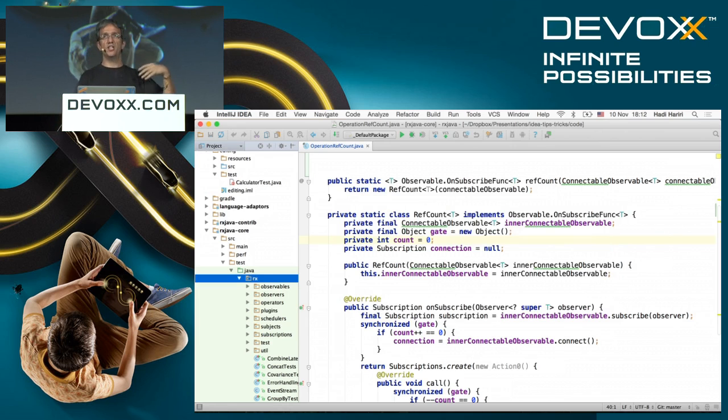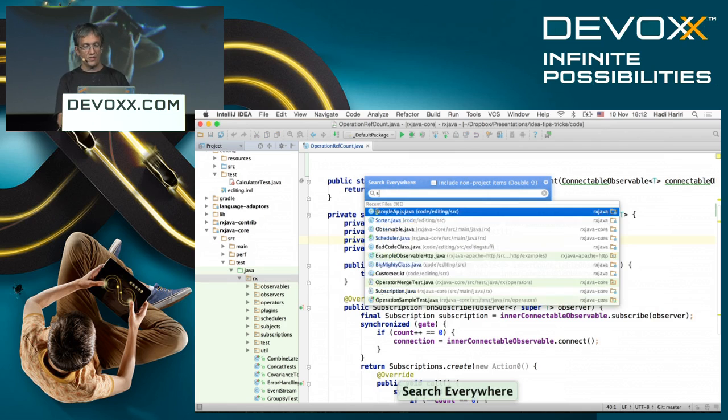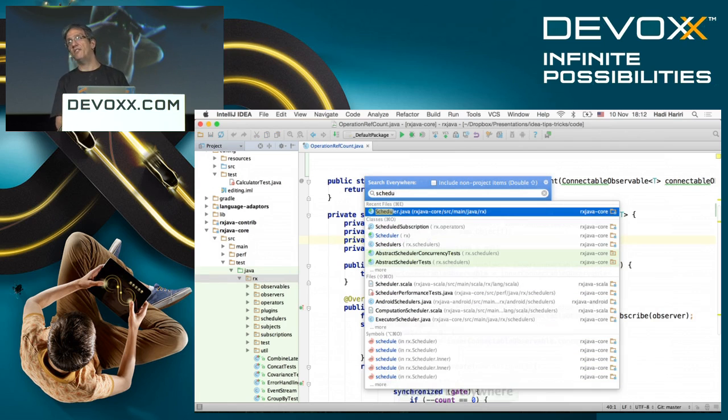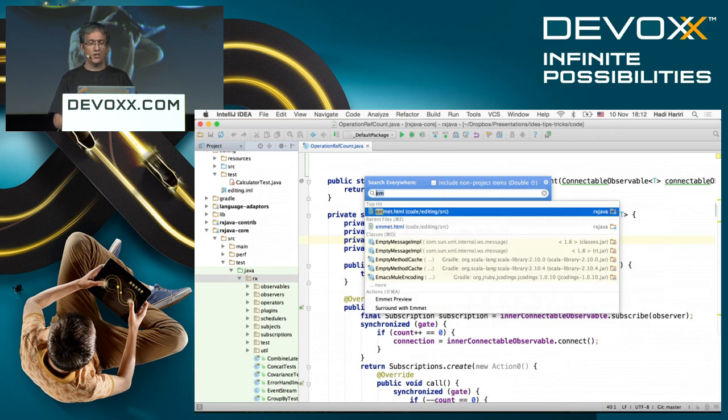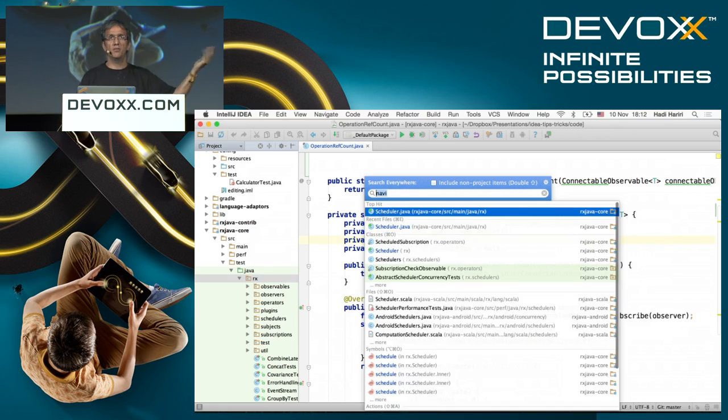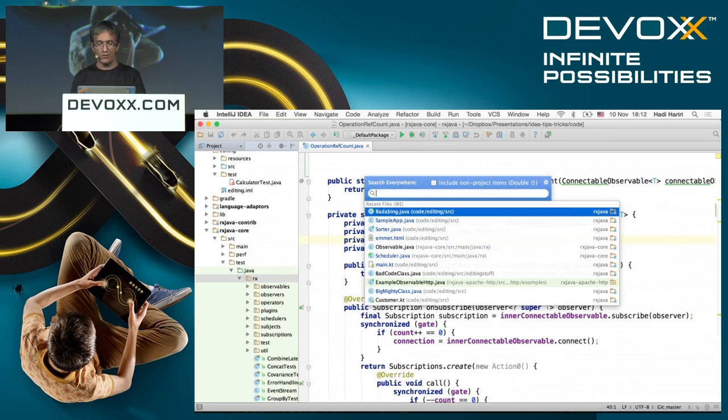It's very similar to the search everywhere feature that you have in some of the editors, such as Sublime. So if I do search everywhere, I could also do, for instance, scheduler, and that will find me the scheduler file. However, that is looking through everything, so it's often more convenient to use Shift Command O or Command O if you're going to a type or to a symbol, etc. For other things, this is quite useful. One feature that it does have is that if you use the back cursor key, you can go through all of your history, so you'll be able to find everything that you've been searching for recently.